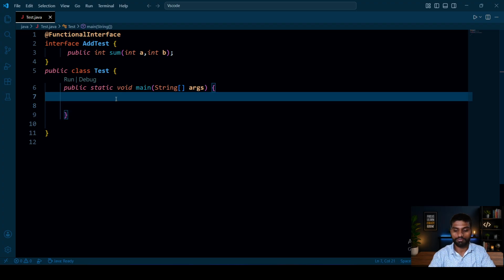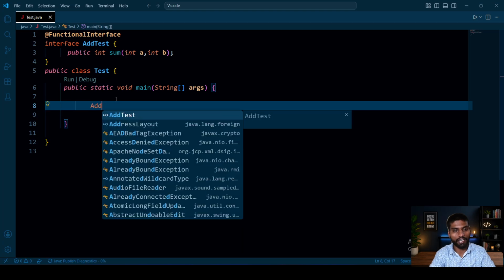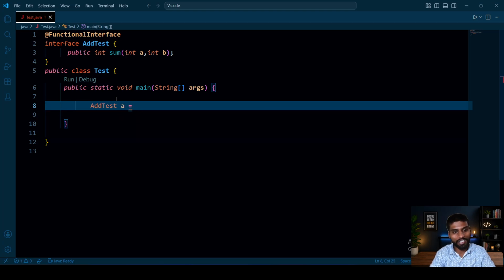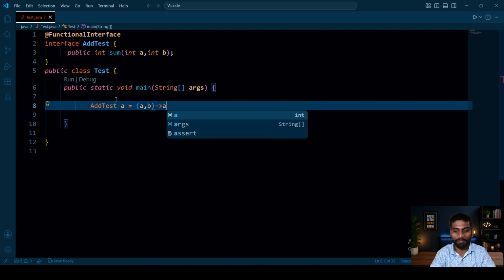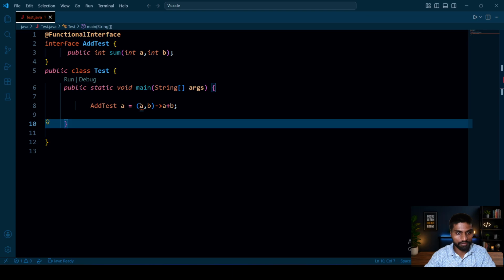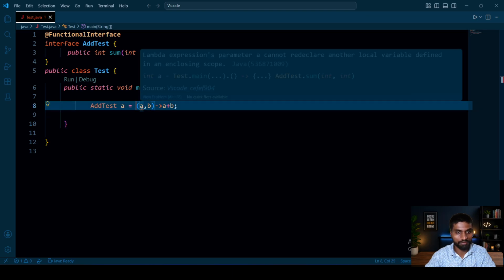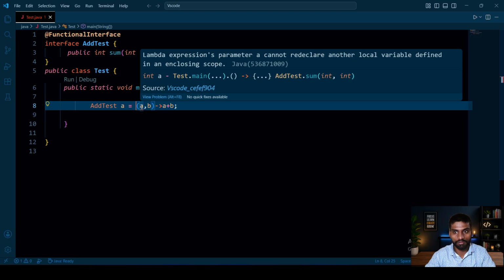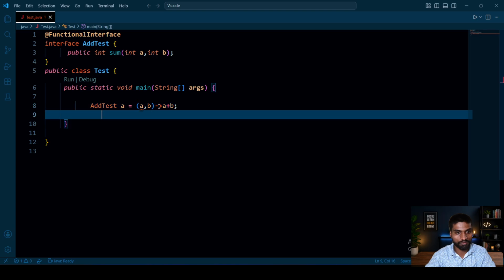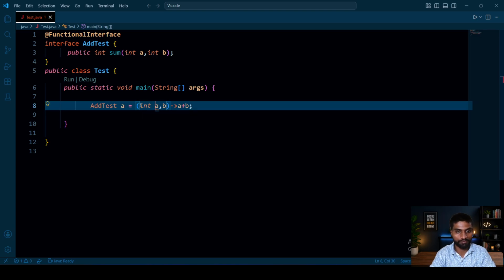So how to use it? Just write Test a, it is only a reference variable, not an object. Just remember, pass here sum of 4 and 5 as a and b. How to write? Just return a plus b. Why are we getting an error here?